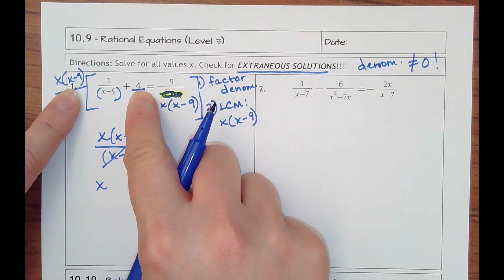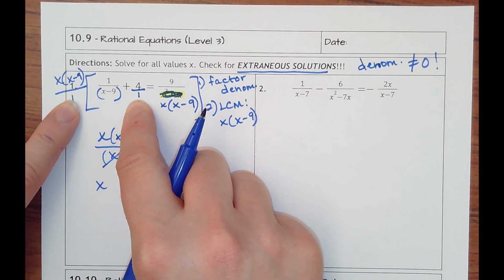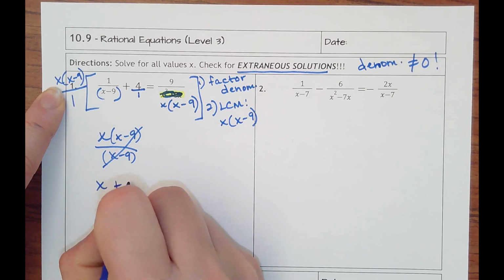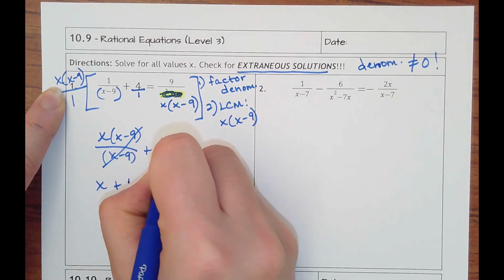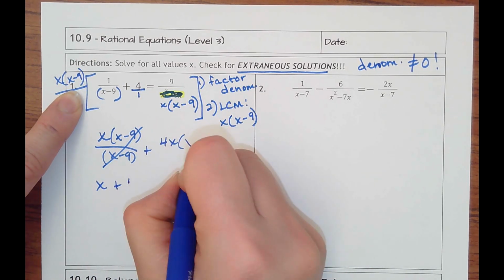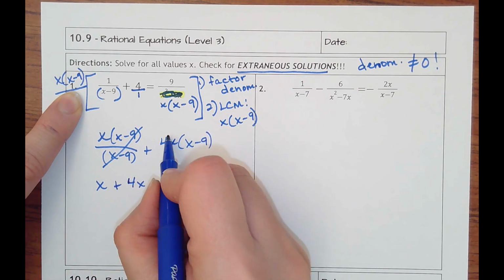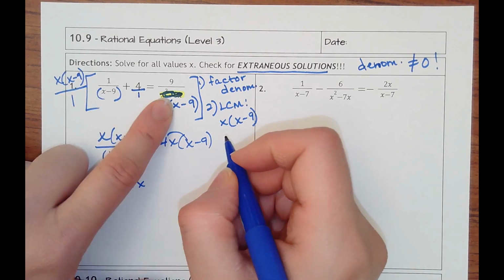Next one, I would have to multiply everything because nothing cross cancels. 4 times x would be 4x times x minus 9. And that's going to stay. I'll probably go on and distribute that. I'll wait. Okay, and then equals